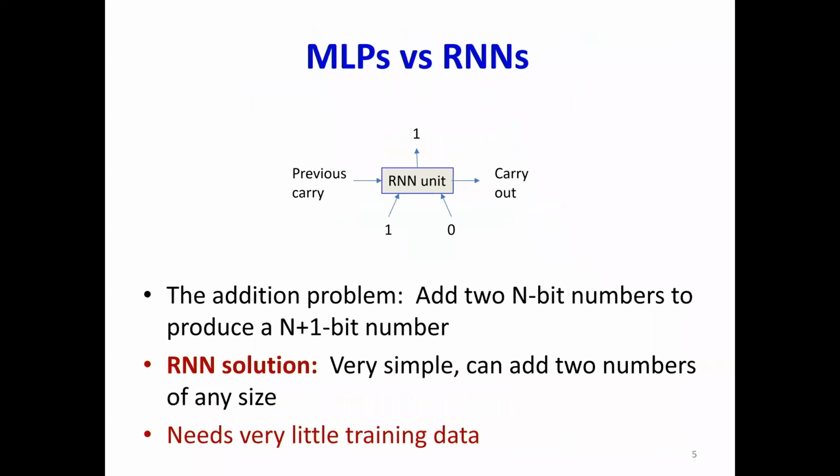But then if I recast it as a recurrent network, that's all I really need, right? One little unit. And it's going to take in 3 bits, 1 bit each from each of the 2 numbers and a carry bit. It's going to produce 2 outputs, which is the output bit and the carry bit for the next input. That's it. And so here, how many inputs do I need to learn this network? There are 8 combinations of 3 inputs. And so with just 8 inputs, we'll learn the network. And how big is this network going to be? Tiny, 3 neurons or 4 neurons, right?